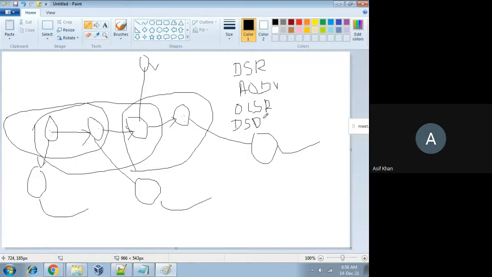But we will use these four protocols in this example. This manet-routing-compare example uses these four protocols. By default the AODV protocol is used in that code, but you also have to use DSR, OLSR, and DSDV protocols. Then you have to record the performance of all these protocols. You have to compare which protocol is actually best. So this is the scenario.